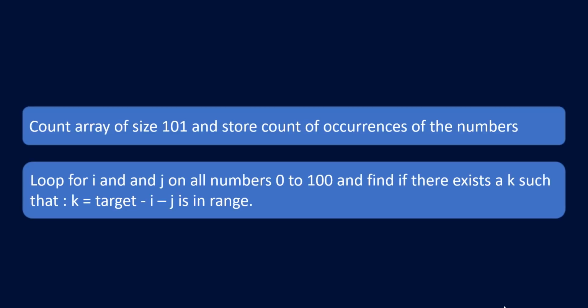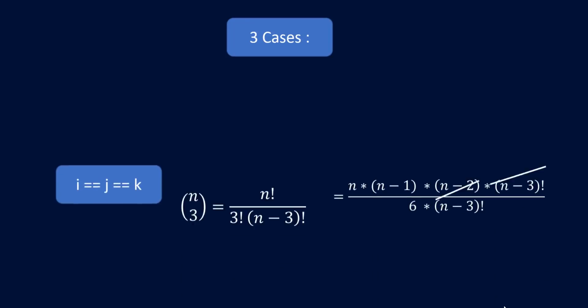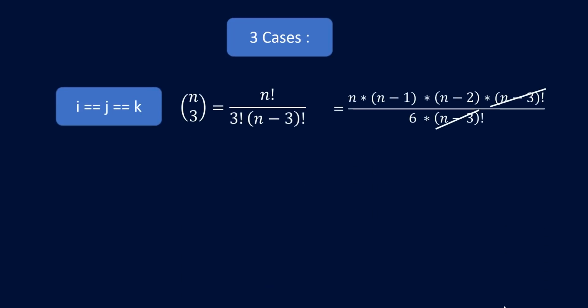Now how do we use these counts to find the combinations? So over here we can have three cases. The first one would be when i is equal to j equal to k. For example, I am having an array that is having numbers say 2, 2, 2, 2. That is 4 2s, and I need to make 6 out of it. So in that case, I'll be using all the 2s. My count array will have 4 in place of second index.